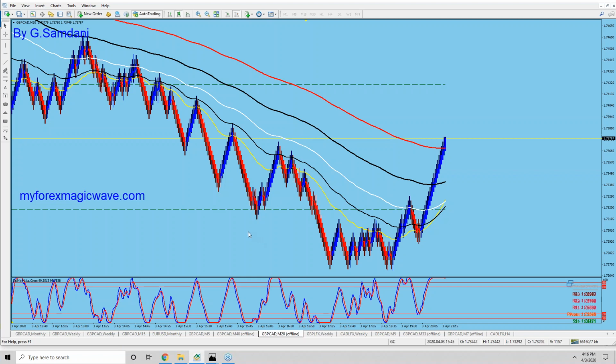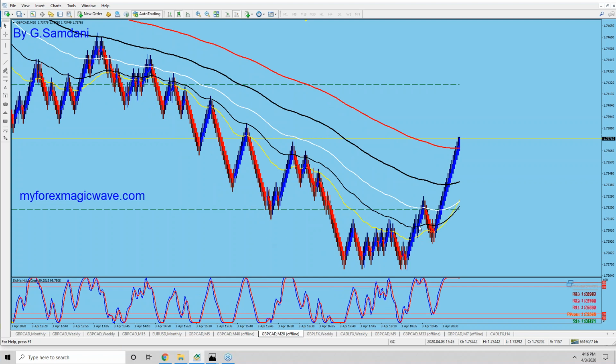That's a good idea. But there are only a few areas, as I was just mentioning to somebody else, where you can try getting in from 7 minutes, if you know a proper turn, a point of turn. Let me show you later. Let's get this pound CAD over with first.